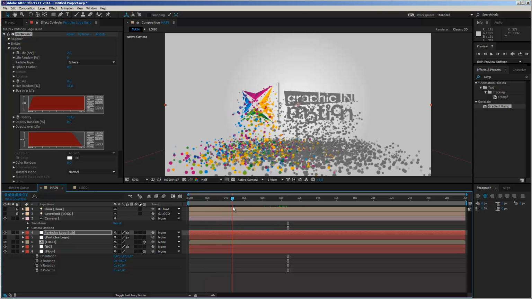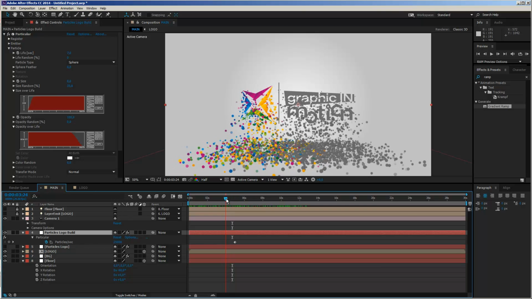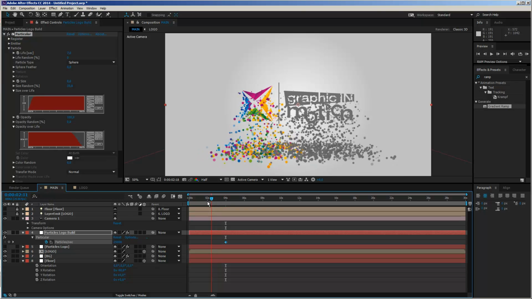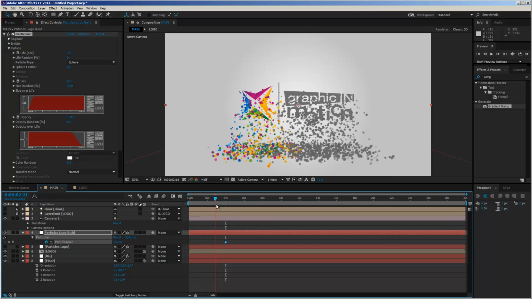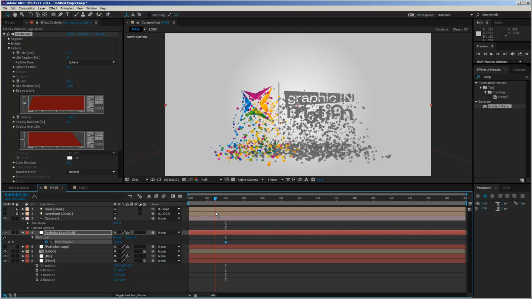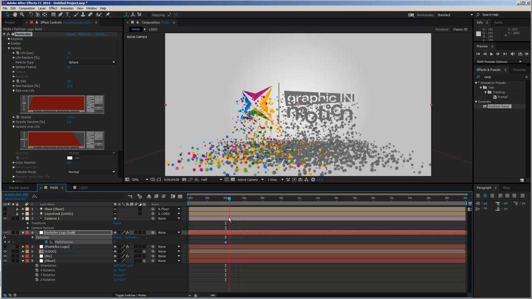And maybe the whole part is even a little bit long, still a bit long. So let's go to our emission keyframes and just drag these keyframes to 324, so around 4 seconds. So the whole animation will be a little bit shorter. I think this is better, but I can change the timing later on. Okay, so far so good. So we have kind of a nice animation.